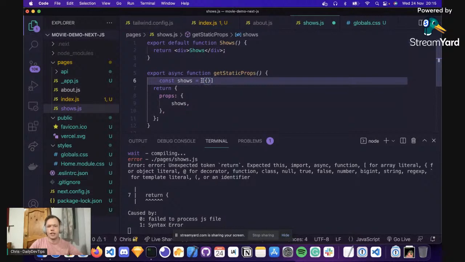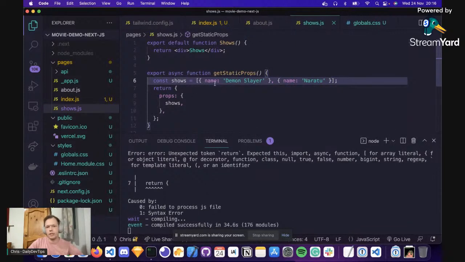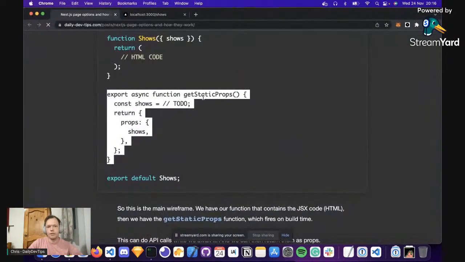So this could have like name Demon Slayer, and then another one could be name Naruto. Right. And then now these will be passed to our shows element, but still nothing will have been changed,